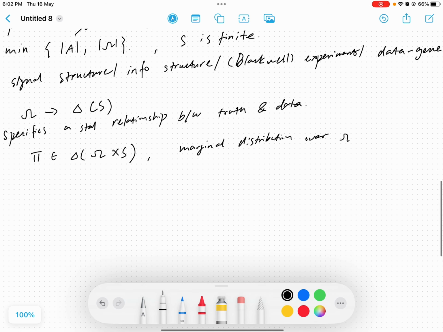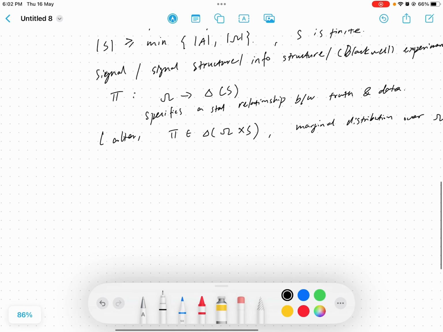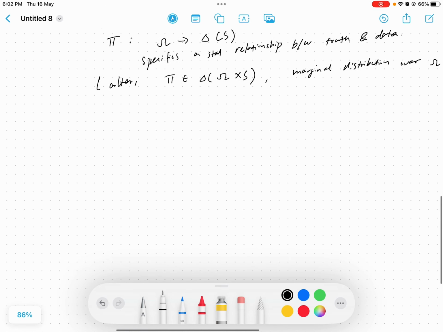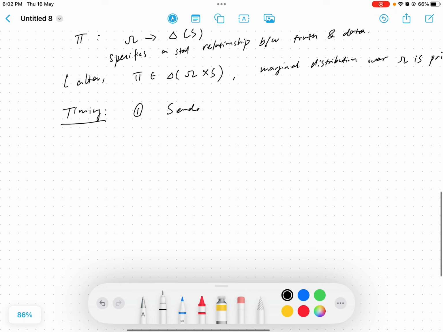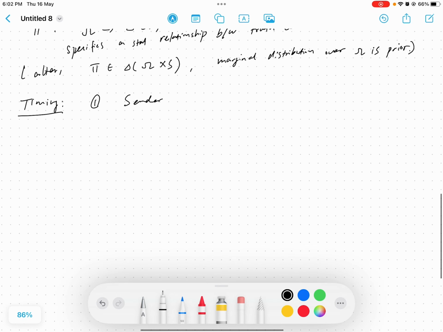Over the omega is prior. Okay, so we don't need to go too deep into this alternative definition, but we just know that this is also possible. Okay, so the game proceeds as follows. So the timing of the game. Okay, so first, the sender chooses and commits